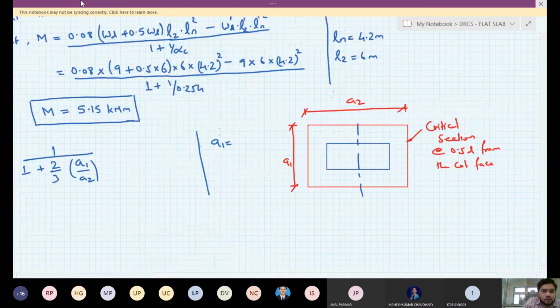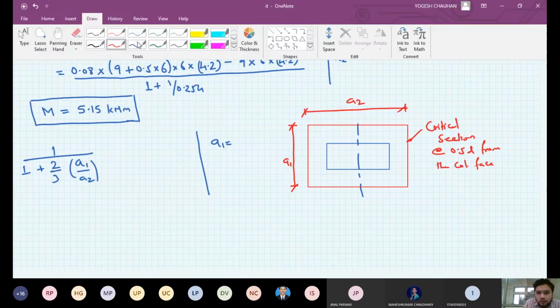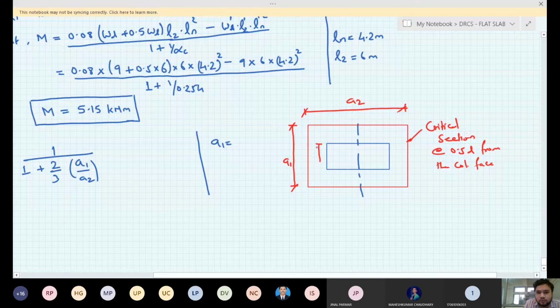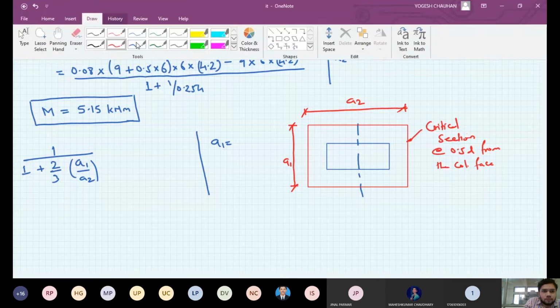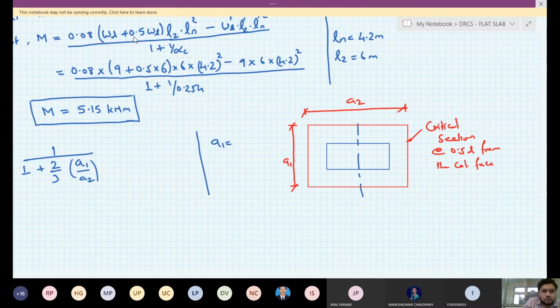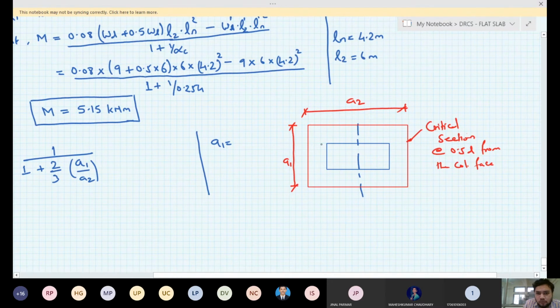Okay, and this is your C1, this is C2. So your A1 will be, now we know that here C1 is 300